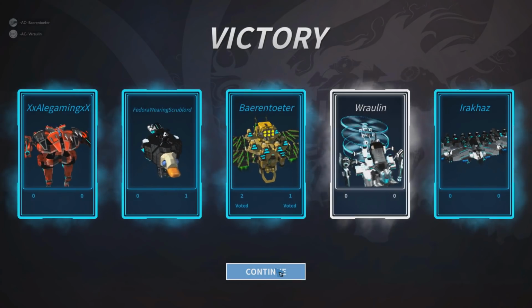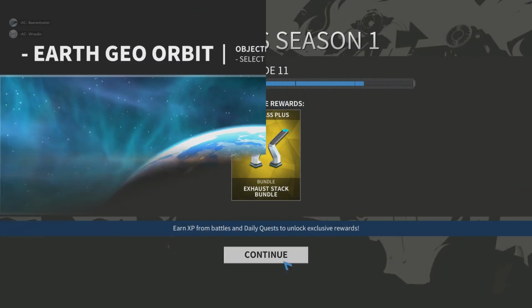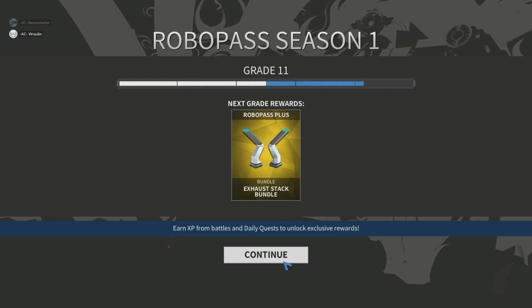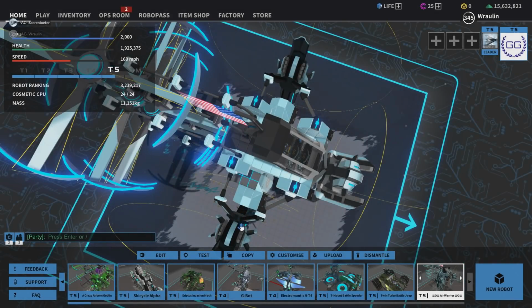And did I get anything unlocked? That's the real question. All right, still working on the next one. I think next level I'll be at grade 12. So I want to build something with those new exhaust pipes. Those look pretty awesome. I don't know what to...